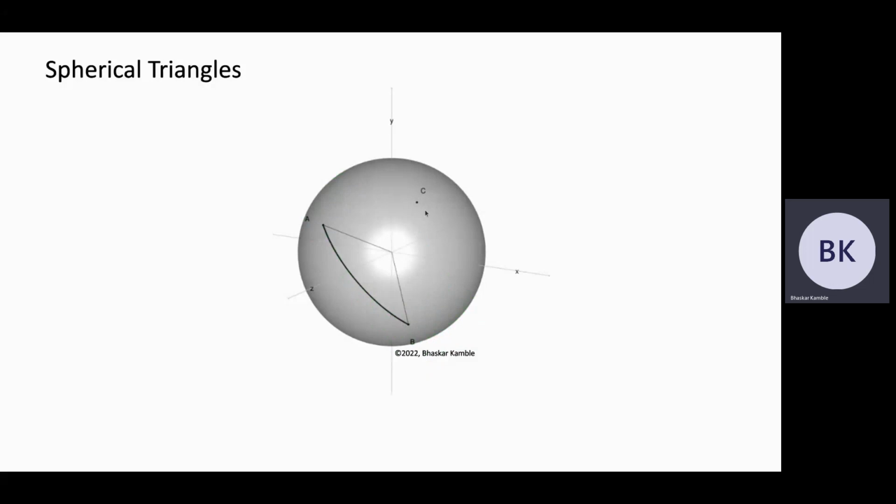Do the same thing for BC, and you get the arc BC. And do the same thing for the points C and A, and you get this arc CA. And this is an example of a spherical triangle here. So just like triangles in the plane, spherical triangles also have sides and angles. So this would be one side of the spherical triangle, this would be the other side, this would be the third side, and then this angle would be one of the angles, this would be the second angle here, and the third angle. But there are certain differences compared to planar triangles.